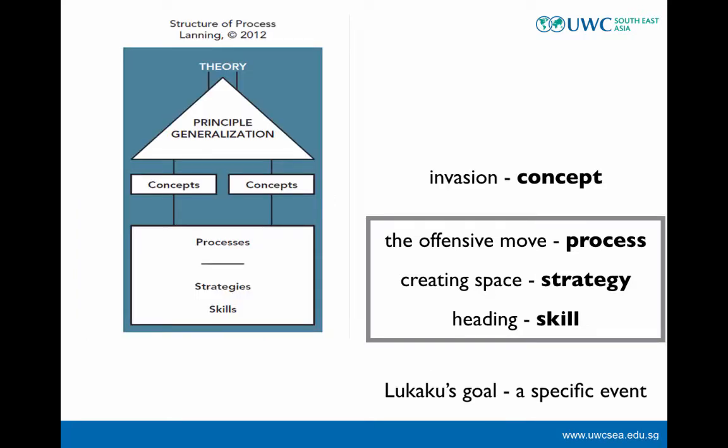That's when Lanning's diagram really comes into its own, because we can begin to see that. You can say, okay, I've got it at the bottom, at the most basic. In process-based subjects, you learn skills like heading, but you're simultaneously learning strategies like creation of space and processes for offensive moves. And then the concepts sit above. But it's worth noting the reason why the diagram has a big block at the bottom and then jumps to concepts is because you can pull concepts from any one of those levels.